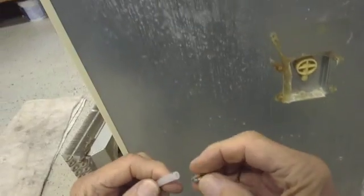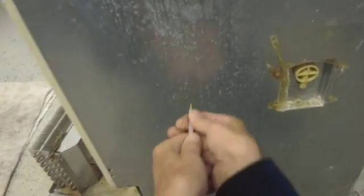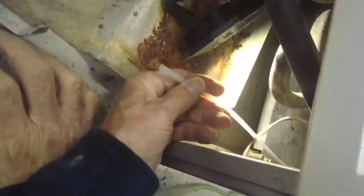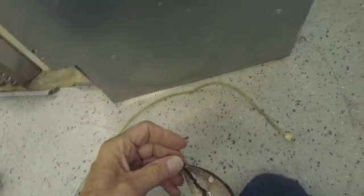We're going to put this little sleeve in here, and then we're going to fish this tubing down through here. It's going to come out the bottom in here. Here you can see it right here. Okay, that's the other end. So now we're going to put this clamp, like so,